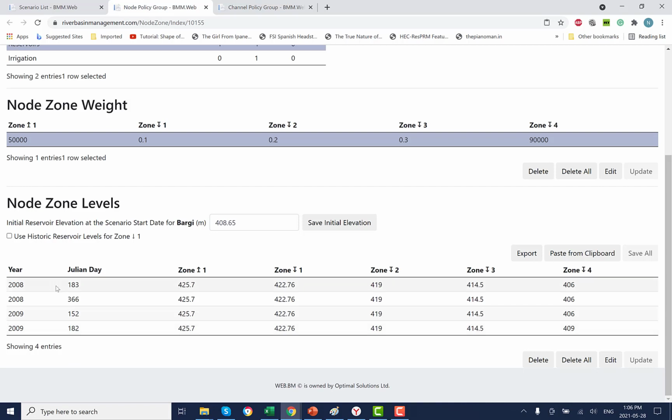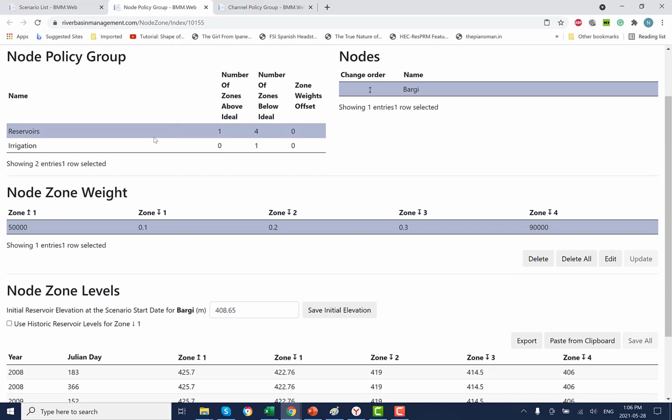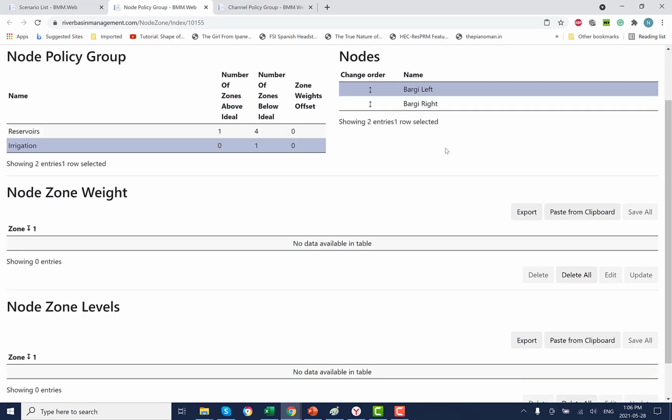If we do multiple year simulation, this is still sufficient. It'll be copied from year to year. However, this entry form allows us to have different zone bounds for every simulated year, if we choose to do so. Going back to irrigation, we are going to specify that there is only one zone,